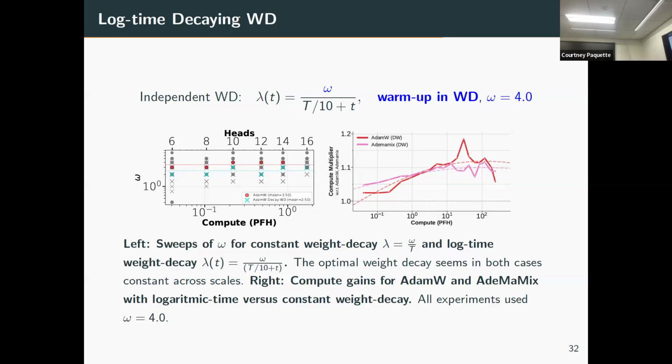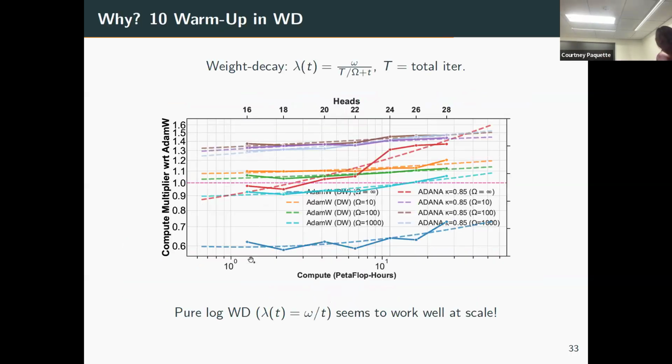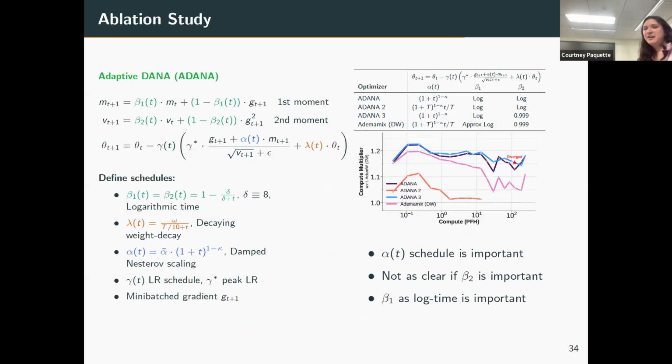Okay. Omega turns out to be very, very consistent: there's one answer, it's constant, it's like 4. You don't have to do much to it. But you really do want a 1/t weight decay. Otherwise it just doesn't work very well. This just shows you, if you did a straight-up 1/t, you start off really bad and then you actually get better over time, things like that. So I won't go into it.